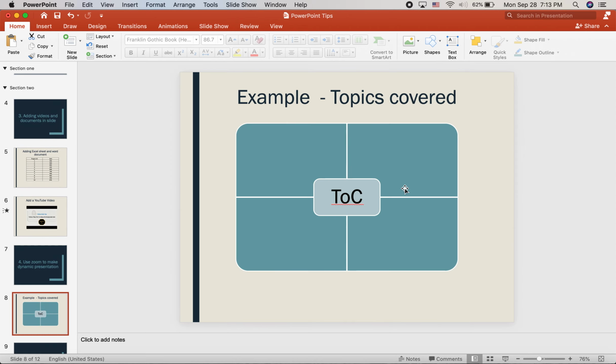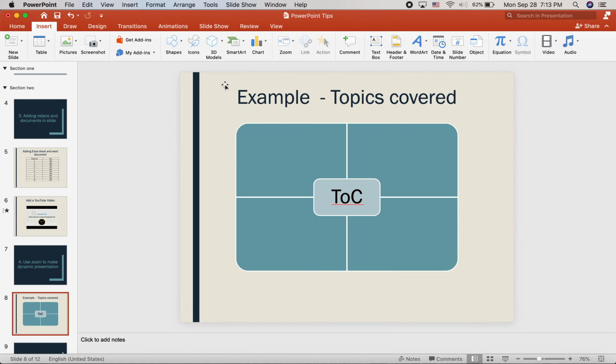Suppose this is an example slide wherein we just want to show the topics that we have covered in our deck, and we want to add the slides that we'll be using as a reference. So let's go to insert, click on zoom.